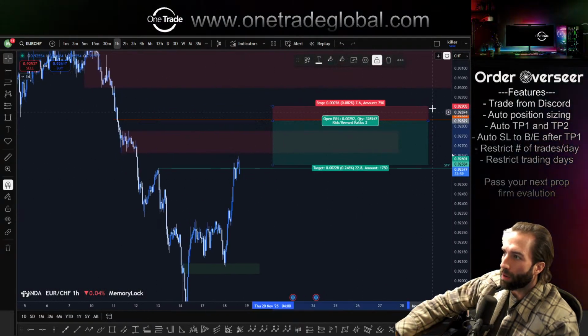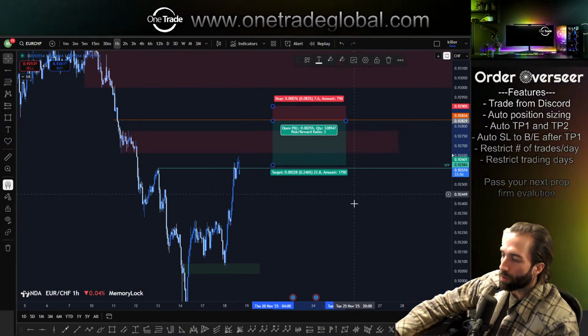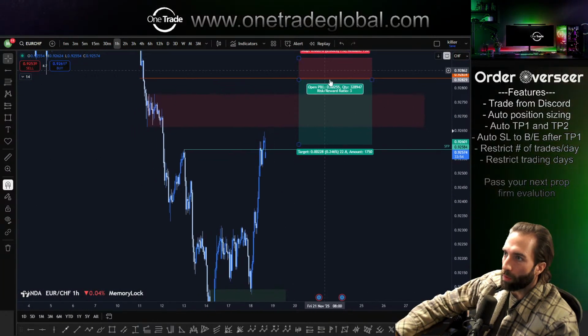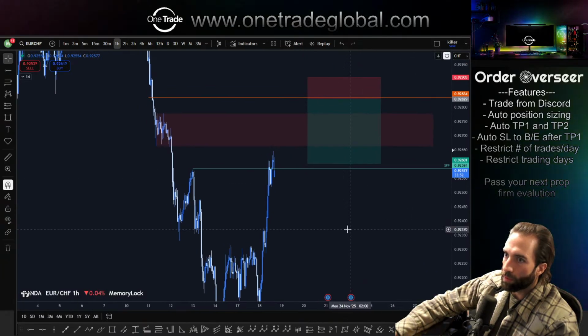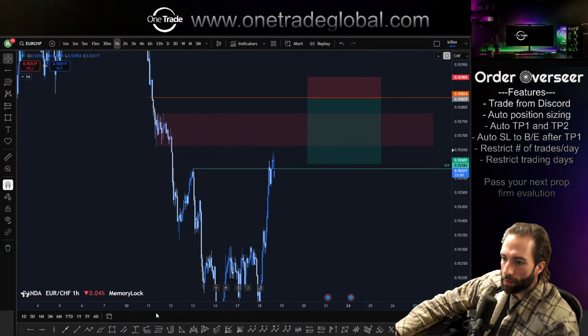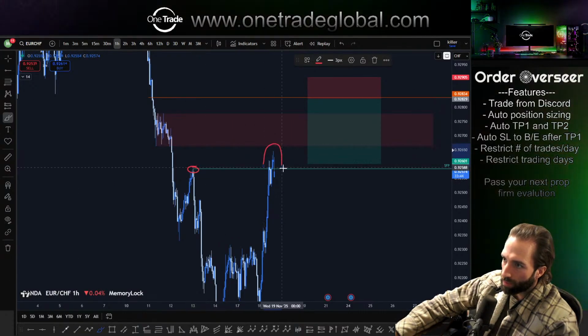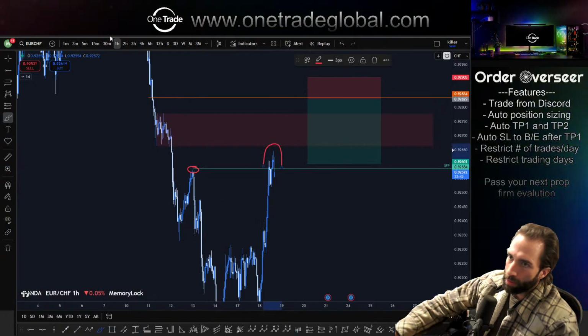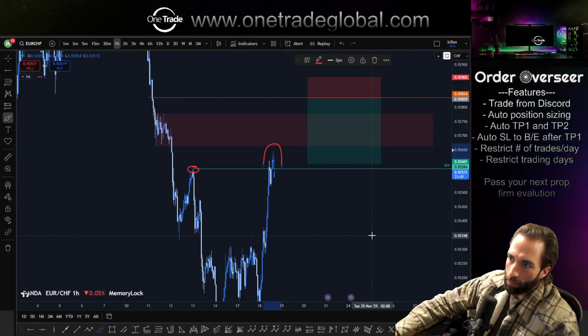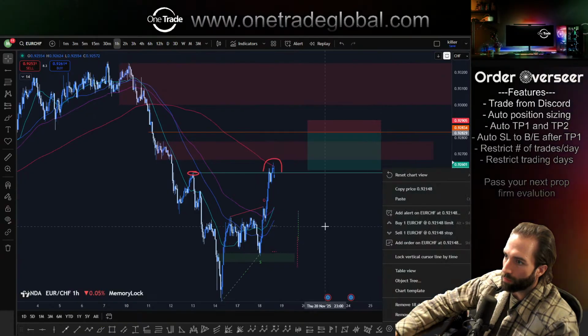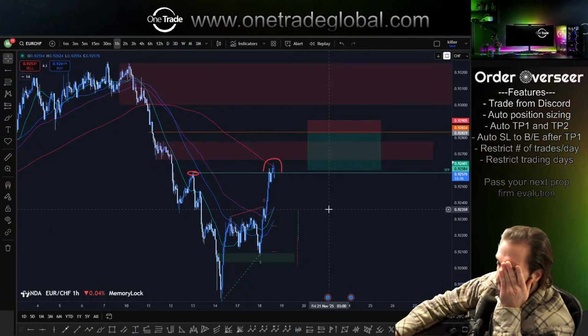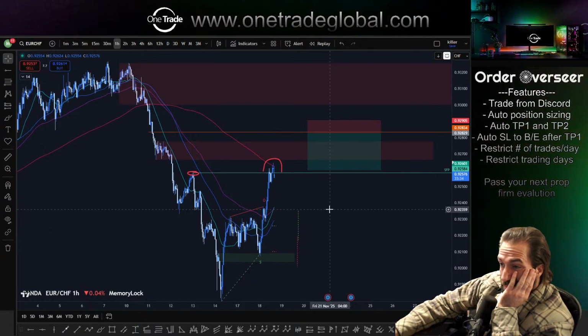I don't know how it'll get to that zone or what it'll look like, but I would be interested. The reason being is, this level's fine. It's a fine level. We obviously have some kind of a deviation going on. Let's pull up our moving averages just to get a little more confluence. Oof. Okay, that is a nice